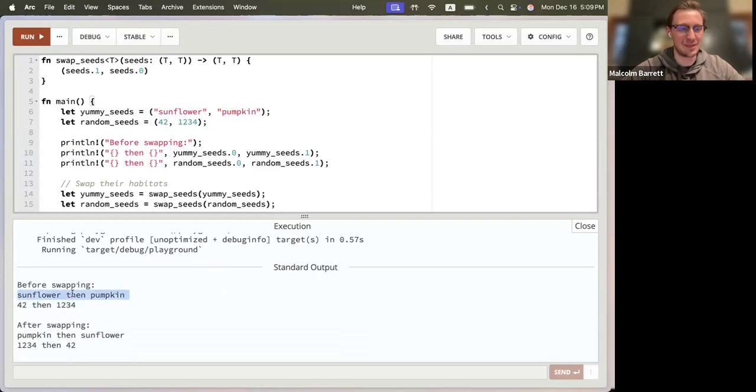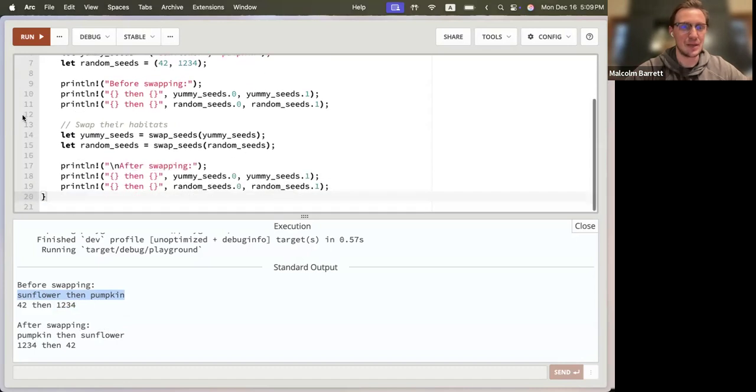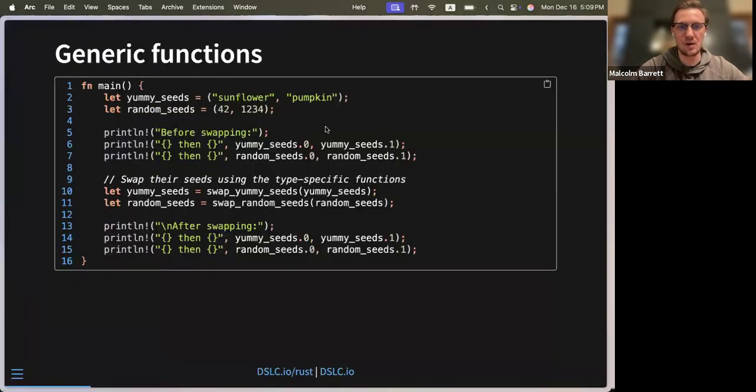So you know this. We've got sunflower seeds and pumpkin seeds, and then 42 and 1, 2, 3, 4, my two most common seeds when I'm setting seeds. And so I swapped their order. So before and after, we have sunflower, then pumpkin, and then pumpkin and sunflower, and then the same for the seeds that get swapped. But with generics, we don't have to force ourselves to write a specific function